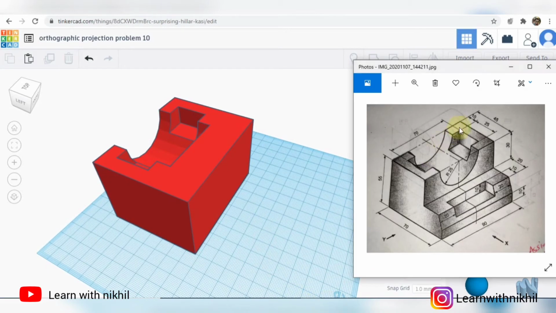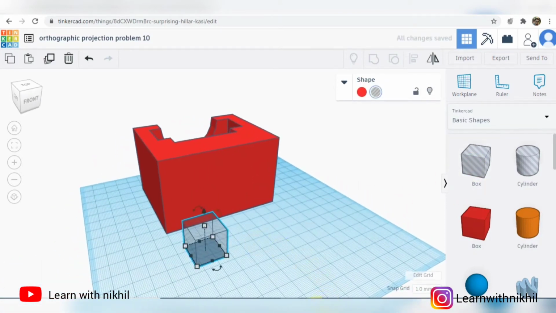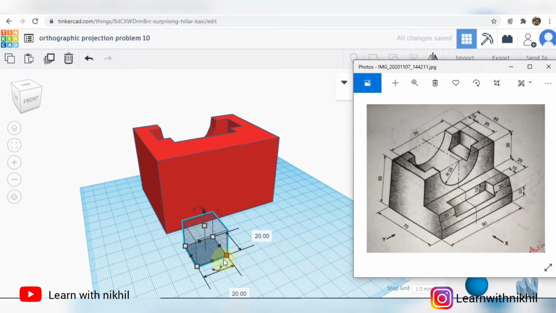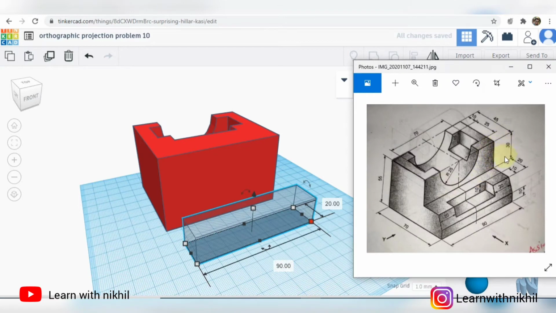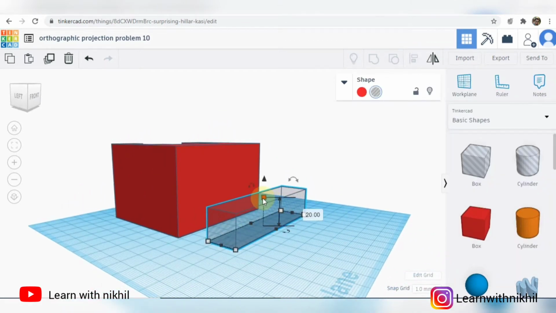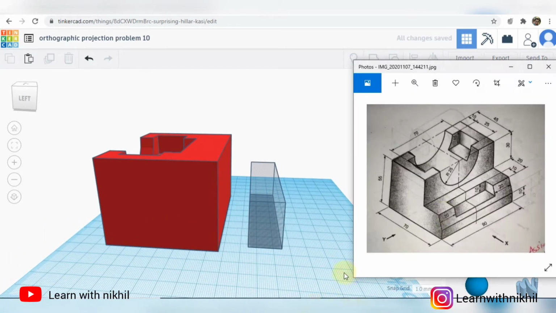After this part, moving to the next part. This part has been cut. The height is 30 and the width is 20. So for this also we'll consider a box, the shape of a hole. So total length is 90. This height is 30 and the depth is 20. And depth is already 20, so we don't have to change that. We'll place it here at the top,